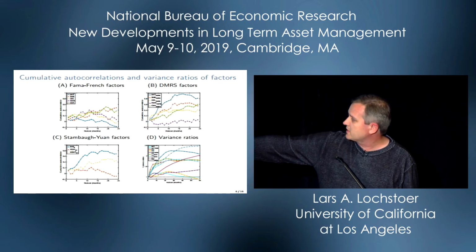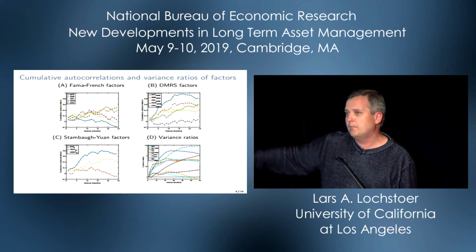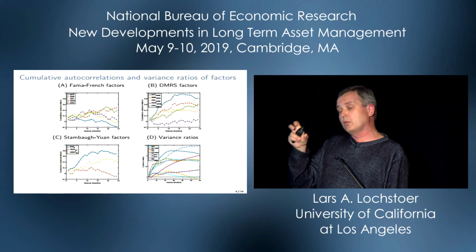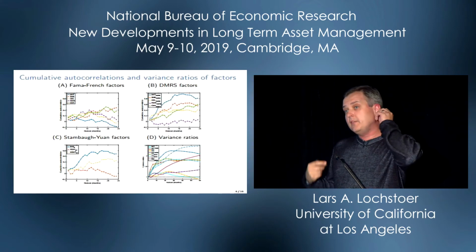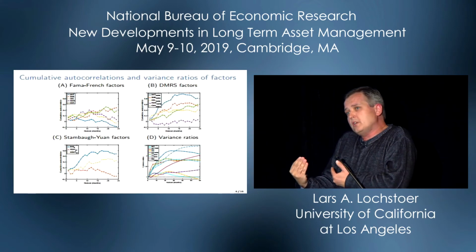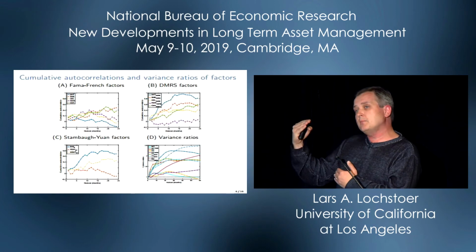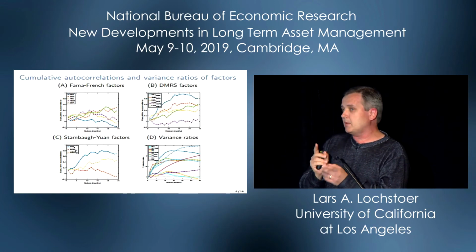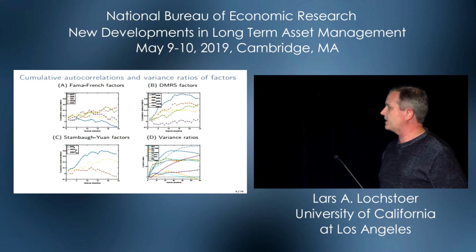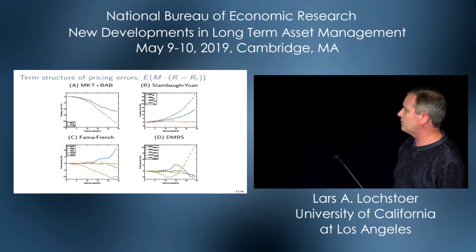The other models, for instance the DMRS model, get a variance ratio at a 24-month horizon above 2. Meaning that if you statically rebalance back to the MVE combination of those factors for 2 years, you're going to take twice as much variance per unit of time as someone who's doing this. Okay, so that might be a problem, right? So here we've got to pay attention. But anyway, that's just some motivating plots.